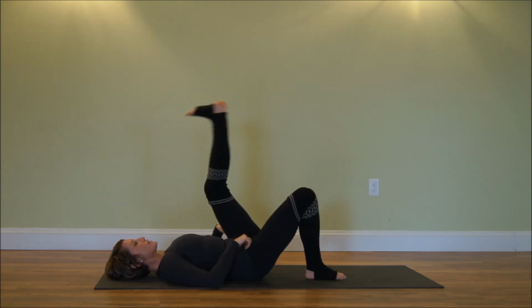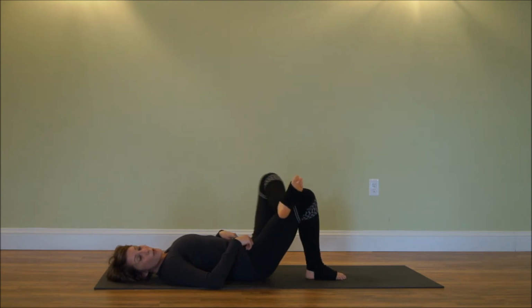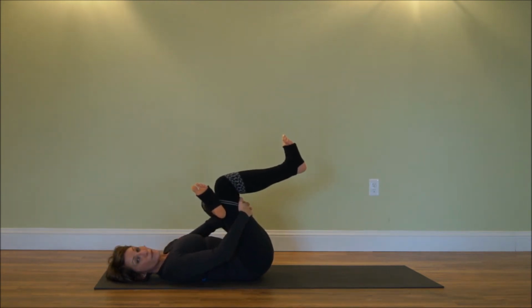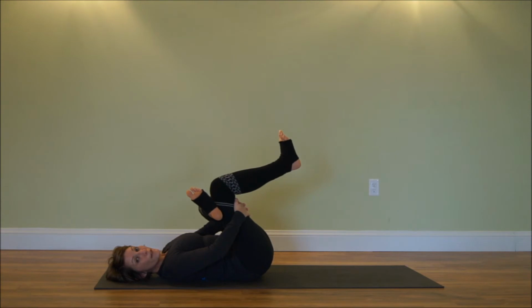Take your left leg to the sky. Cross your left leg over top of your right. Pull your thigh in. Engage your feet. Big breath in through your nose. On the exhale, soften your shoulders and your face. And draw in. Big breath in. Fill up your belly. Exhale, soften,